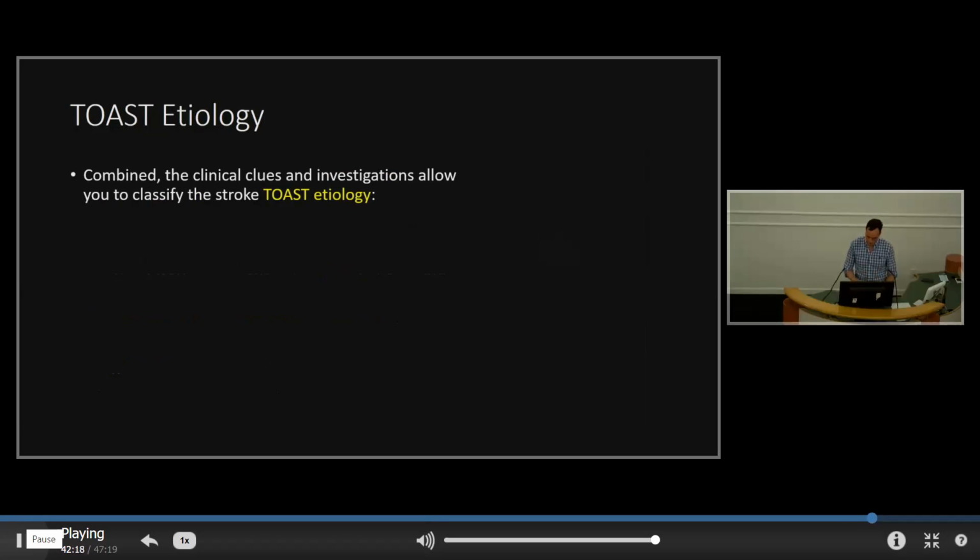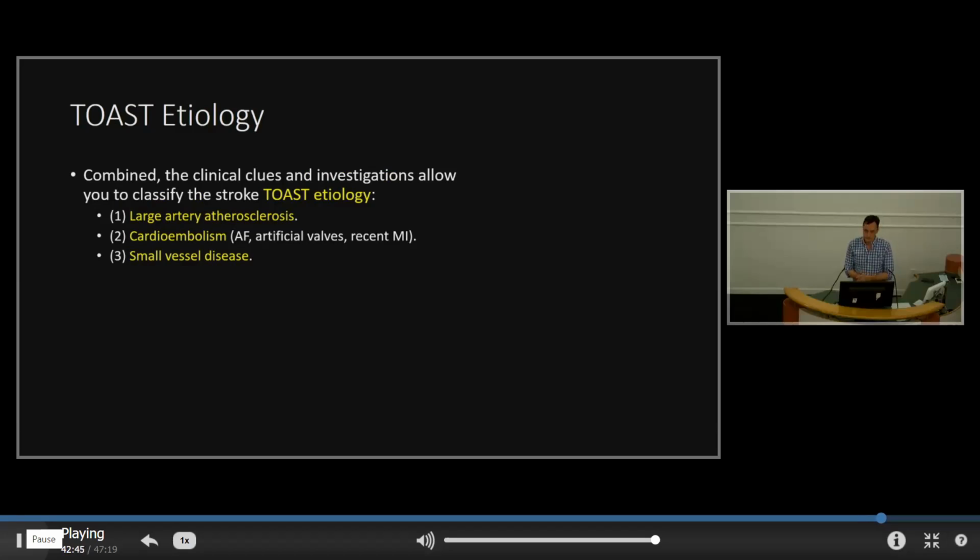And this is something that was formed a couple of decades ago. Basically, the etiology of stroke can be divided into 5 main categories. These 3 categories here describe the majority of strokes in people aged 50 and over in New Zealand: large artery atherosclerosis, cardioembolism, and small vessel disease. The 3 different pathologies really do need completely different treatments.